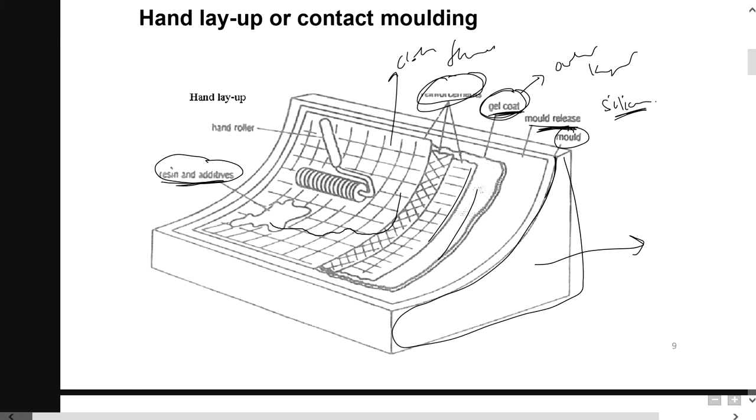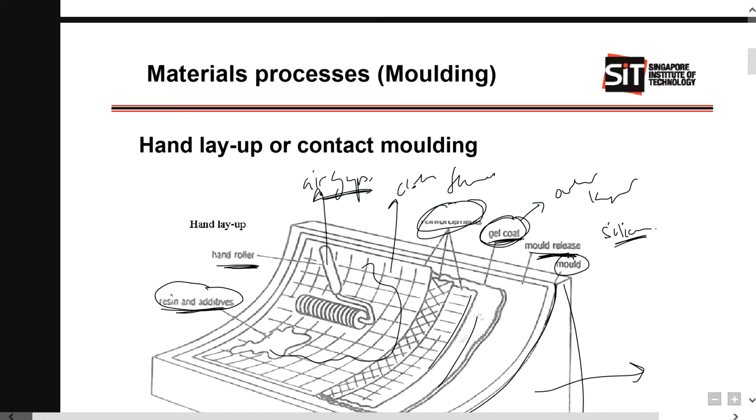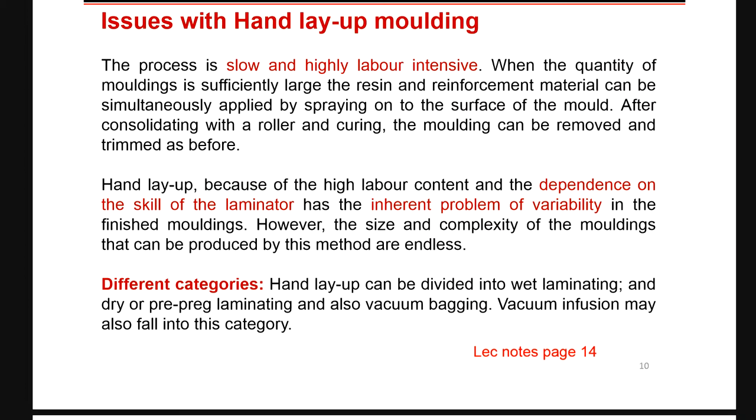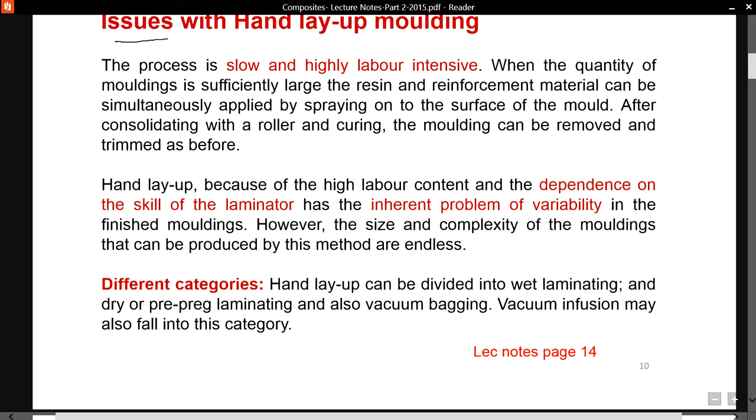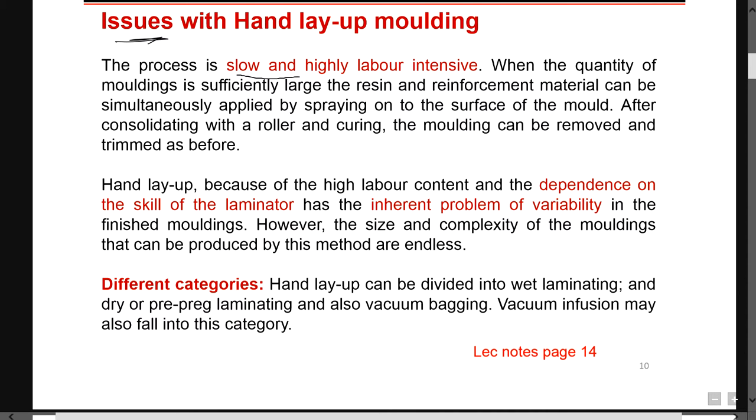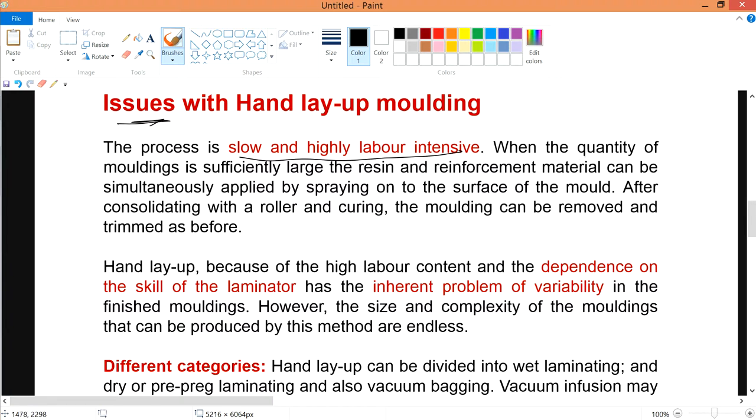Once you lay out all of them already, then you use a hand roll. Hand rolling will remove all the air gaps, because air gap itself will cause discontinuity or inconsistency in your material. So therefore you have to remove the air gap so that the material could be stronger and things like that. So these are the things to look for in your hand layup, or contact molding. Over here are the issues or problems with hand layup. I don't think I will read it out for you. But the key sentence I would say is that when the quantity